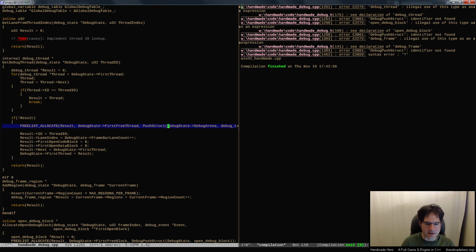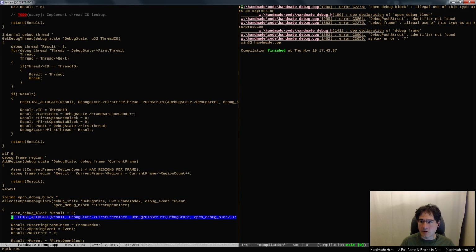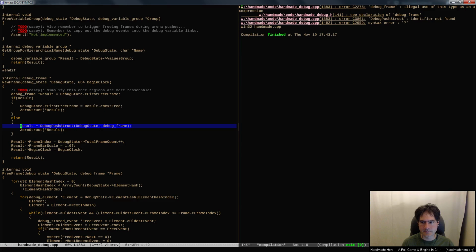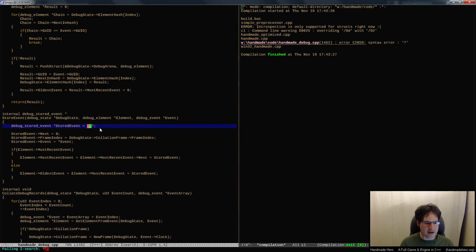So anyway, let's go in here. Open debug block. Yes, that's got to be this way. Again, this is just putting it back to the way that it was. Right? Debug push struct. Okay, so now in theory we're totally set for what we wanted, except for the one thing, which is